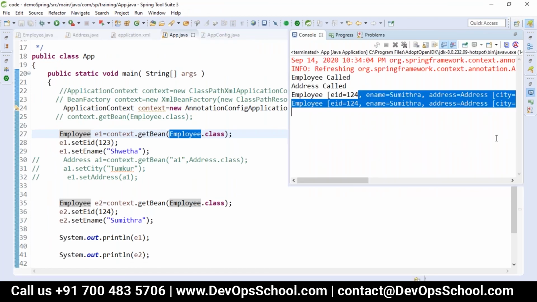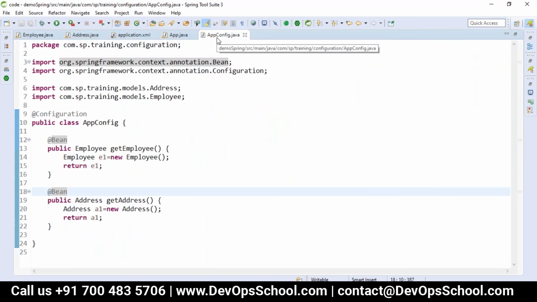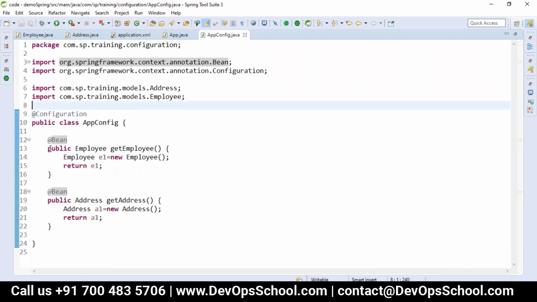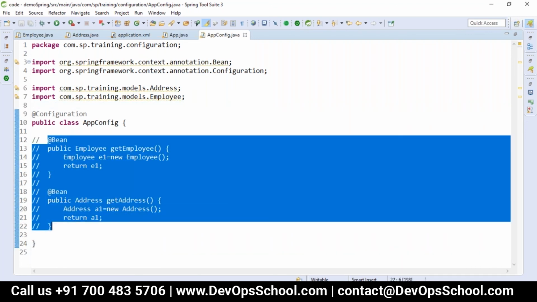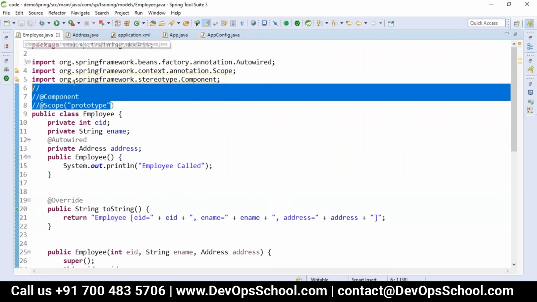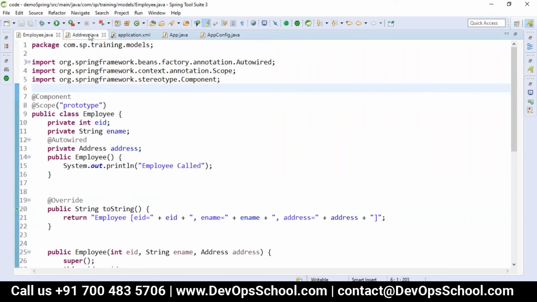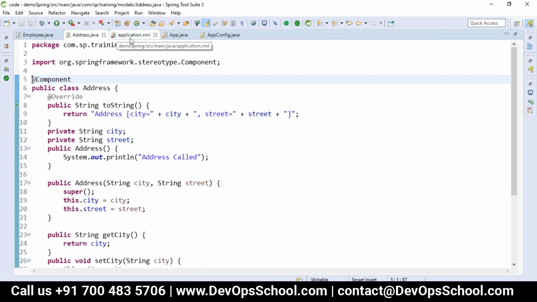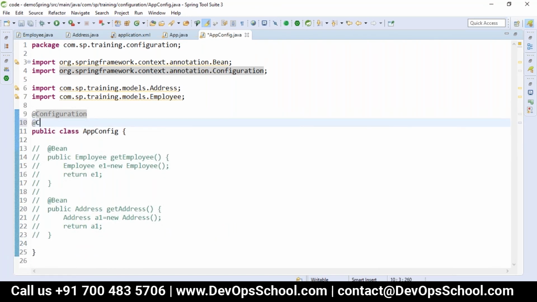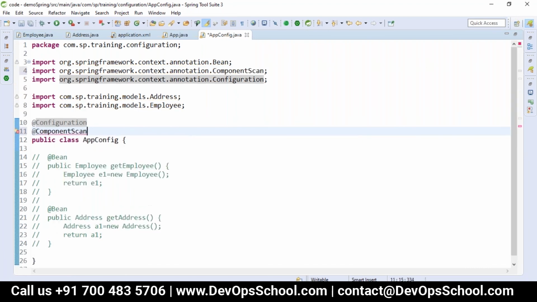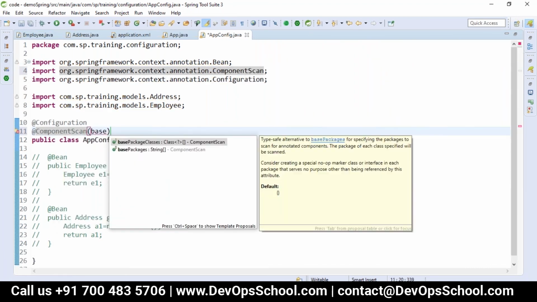See, now we are getting the employee details. So this way we'll do it. Currently, most projects are working this way, which is the Java based way. But still, these are my own classes, so why should I write this much code? I don't need to. We will mention here the @Component and the scope, and here the @Component and autowiring, and in AppConfig, just as we wrote component scan in the XML, we have an annotation called @ComponentScan, where we write the base packages.